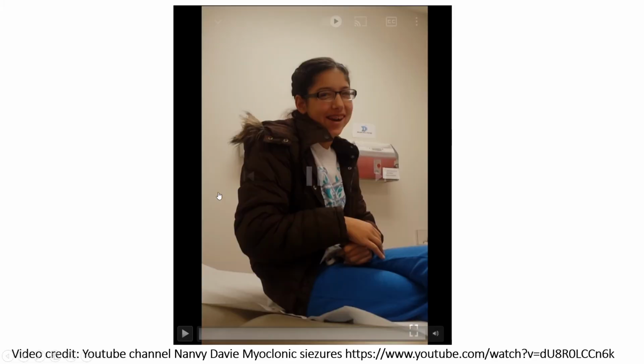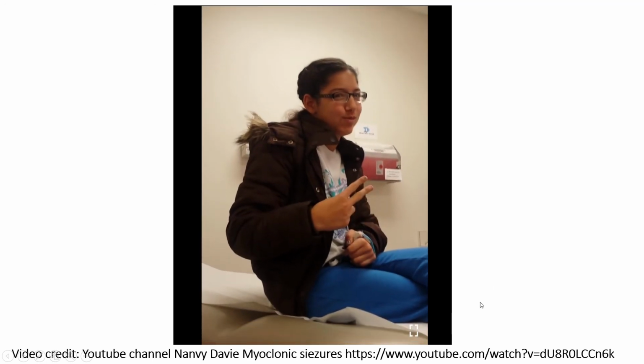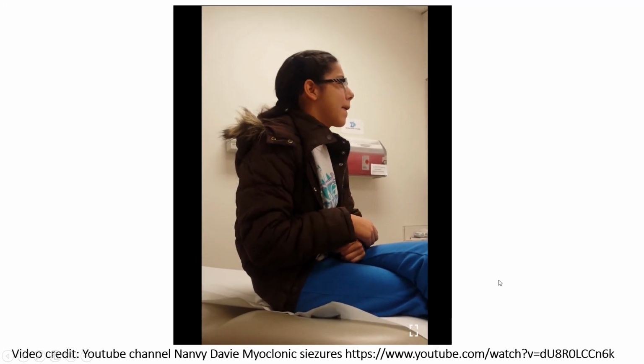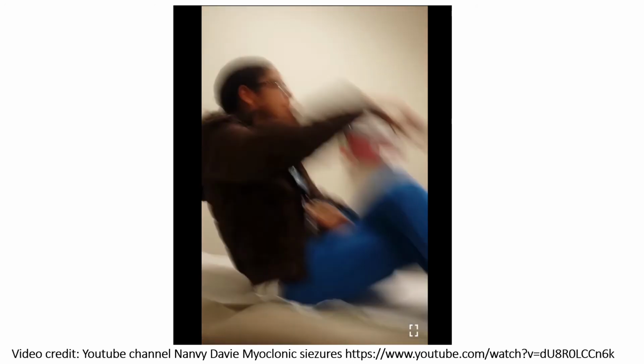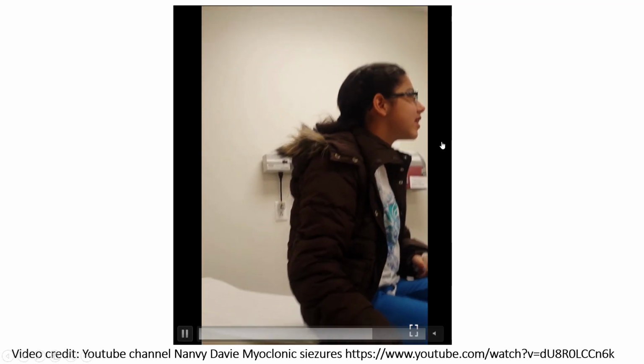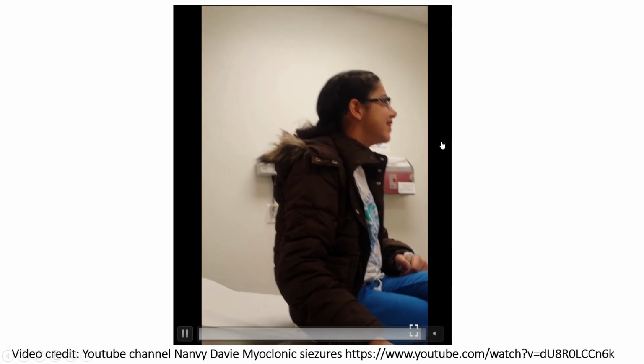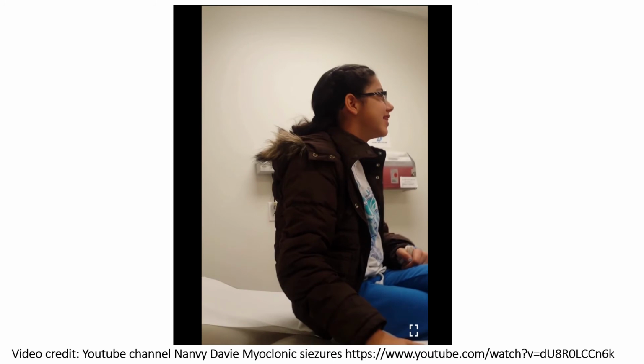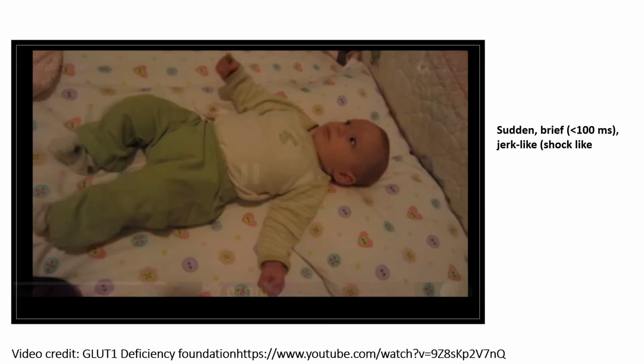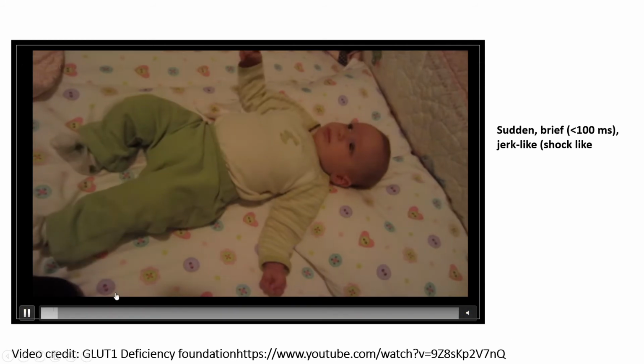Okay, so let's see what we have here. Okay, so this was a sudden, brief, jerk-like movement disorder, easily recognized as a myoclonus. This is actually a case of myoclonic epilepsy. Okay, so let's see what we have here. This is a small baby,